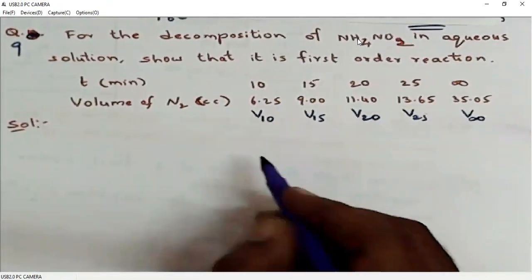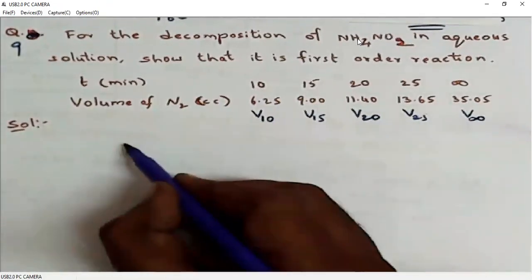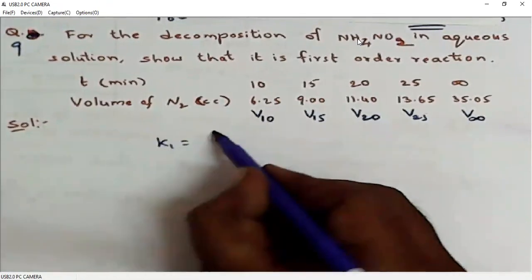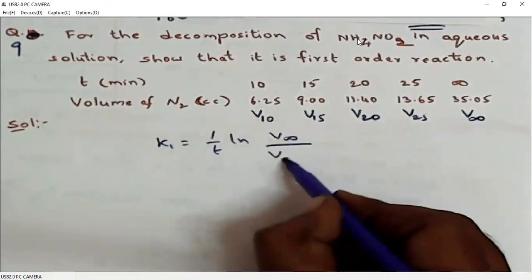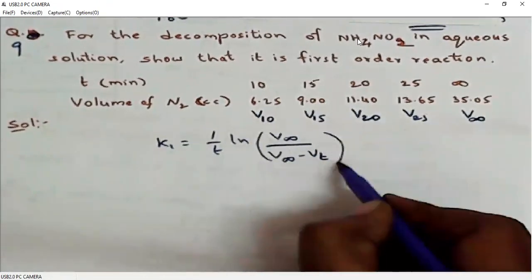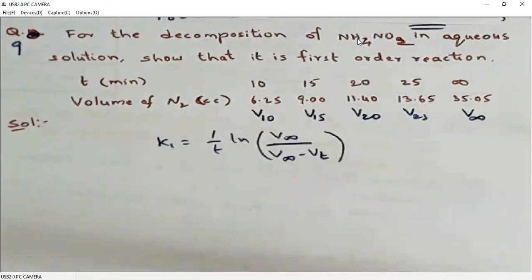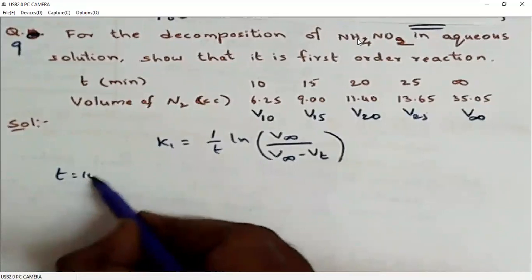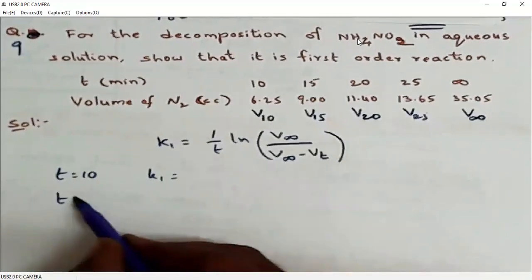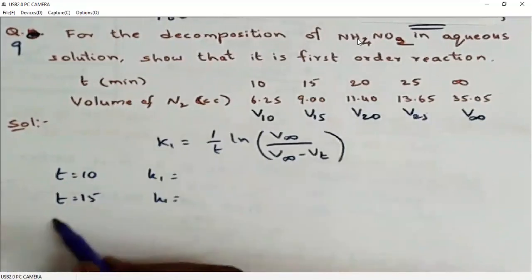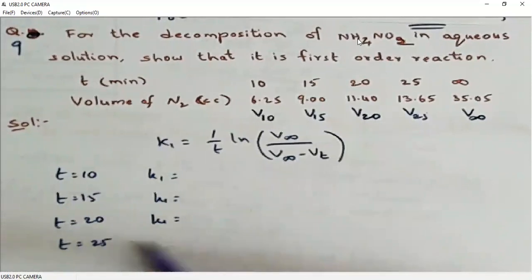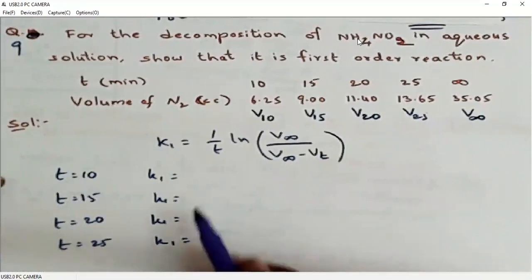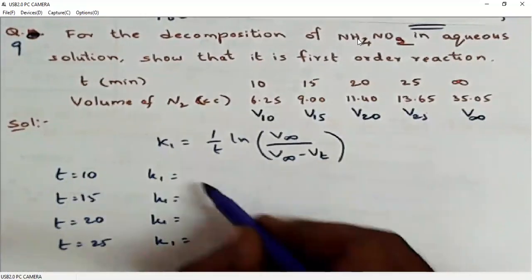Because we are missing V0, we can modify the integrated rate expression for a first order reaction as K1 is equal to 1 by t into ln of V infinity by V infinity minus Vt. We can use this modified equation and we calculate the K1 at t is equal to 10 minutes, at t is equal to 15 minutes, at t is equal to 20 minutes, at t is equal to 25 minutes. Of course, we cannot calculate K1 value at infinity. When we calculate this, what we will get is